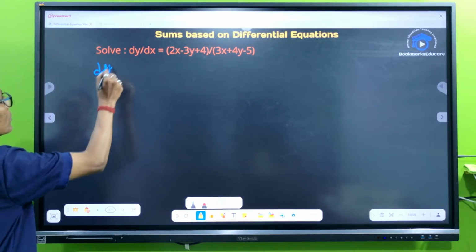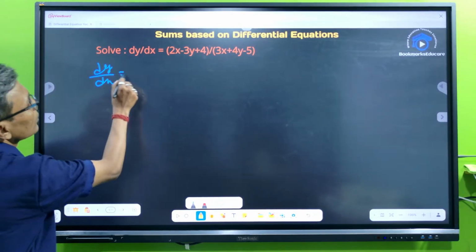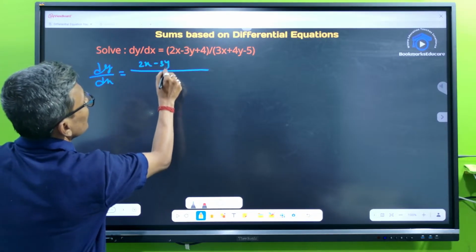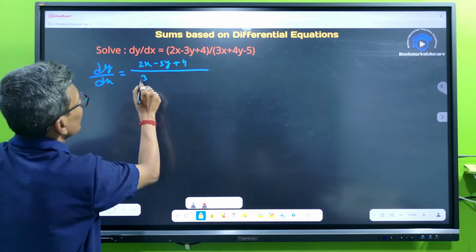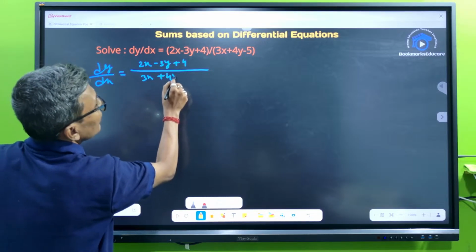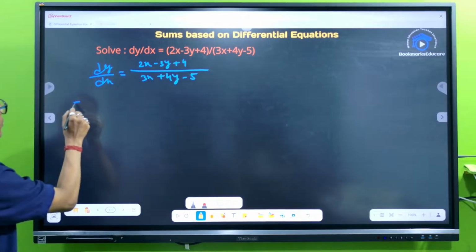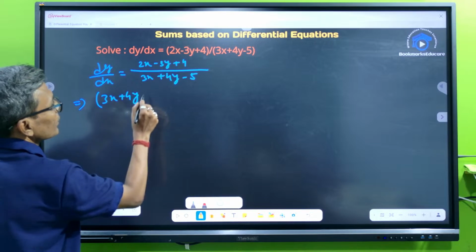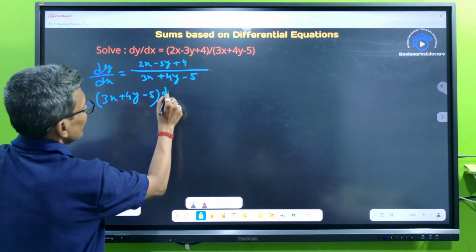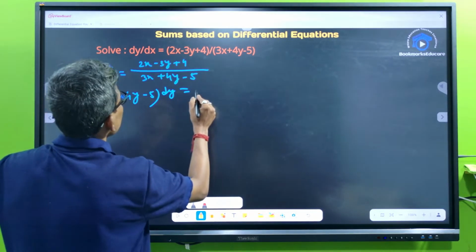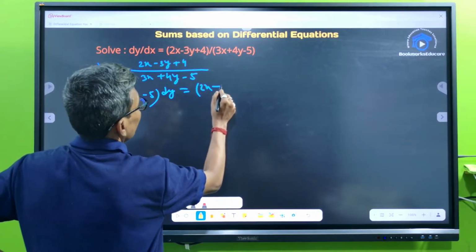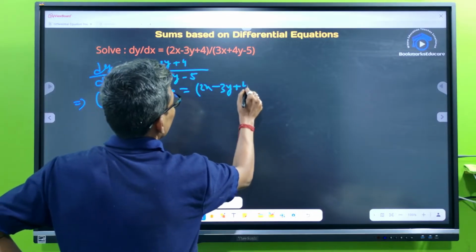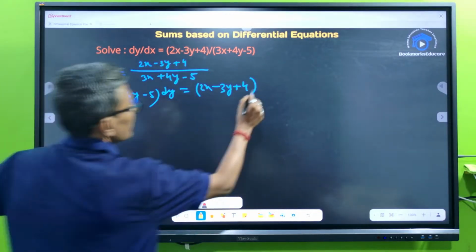So (3x plus 4y minus 5) into dy is equal to (2x minus 3y plus 4) into dx,